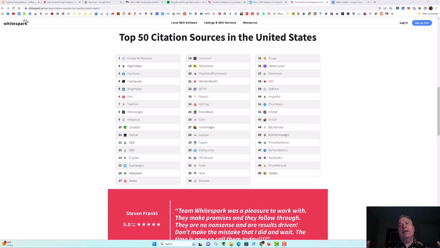If you spell out the word street, it needs to be spelled out everywhere. I showed you how to figure out how you should list your address by searching in Google in the previous section. So however you list it, then you want to list it identically wherever it is across the internet. That's the first thing, is consistency, the most important. Second thing is quality matters more than quantity.